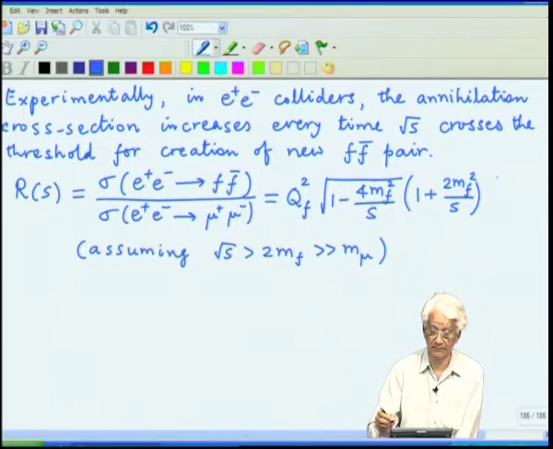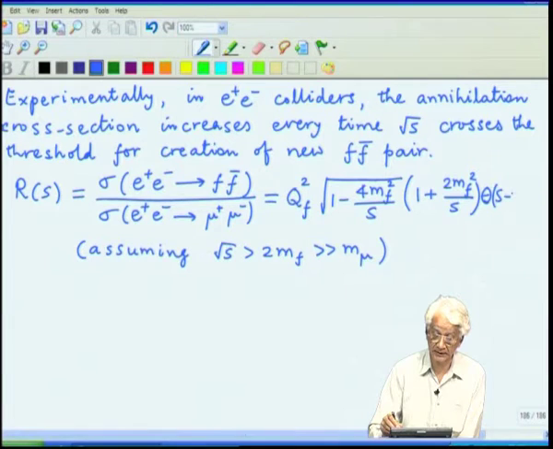Below that energy the particle cannot be produced in terms of this pair creation process, and that can be explicitly included by putting a step function,